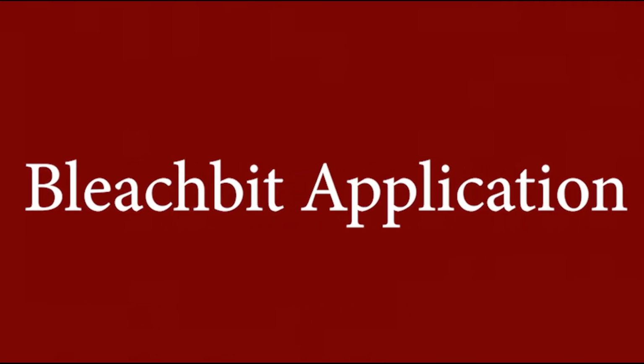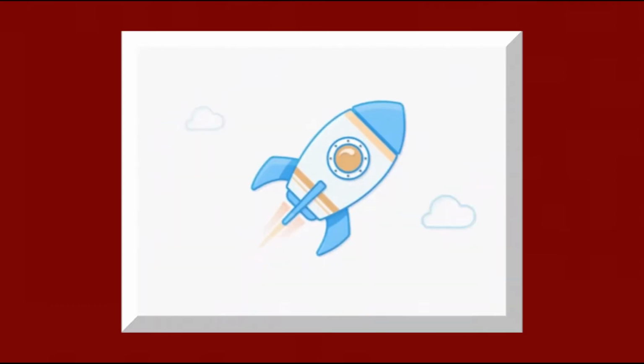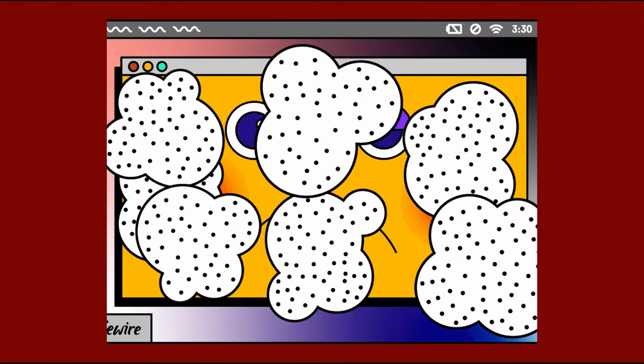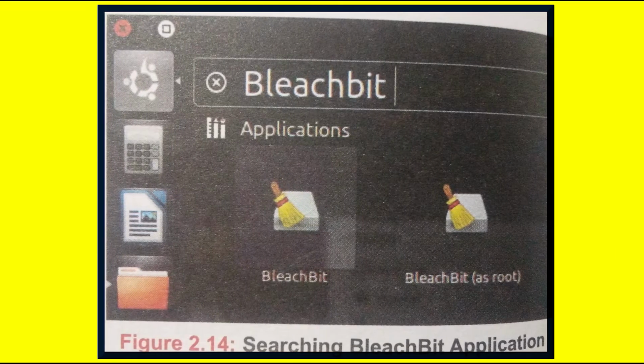Now come to the BleachBit application. If you want to remove unnecessary files from your hard disk to free up disk space and to allow the computer to work faster, use the BleachBit application. It removes temporary internal files, downloaded program files, empties the trash files and other items that have not been used for a long time. To do this, search for BleachBit using the Ubuntu Software Center, USC, and install it. Click on the Dash icon. Type BleachBit in the search bar and click on its icon to open it.